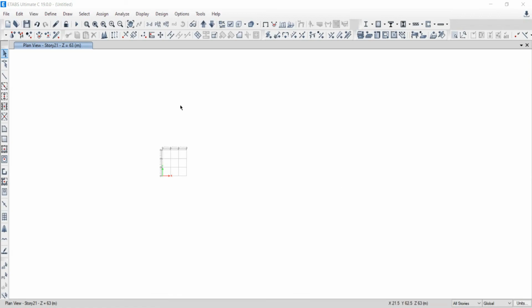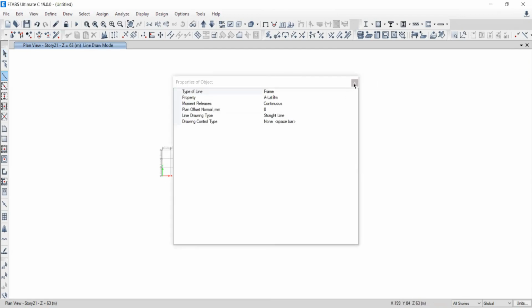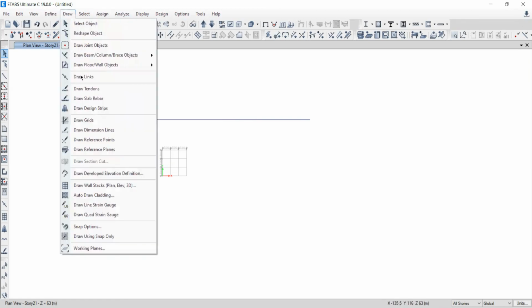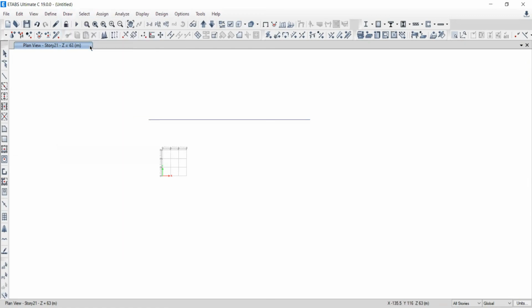कैसे करना है? सपोज ये आपका फ्रेम हो गया, क्लोज इट, दिस इज द पॉइंट, ये एक फ्रेम है। अब इसके मिड पर आप कहीं पर भी इंटरवल पर मुझे एक जॉइंट लेना है। सो गो टू ड्रॉ, गो टू जॉइंट्स, draw joints, click on that, close it। यहाँ पर मुझको जॉइंट लेना है, मैंने ले लिया जॉइंट। यहाँ जॉइंट आ गया ना आपका? ओके यस यस। अब ये फ्रेम को मुझको डिवाइड करना था एट अ डिस्टेंस ऑफ व्हाट एवर इट इज, सपोज 2 मीटर।